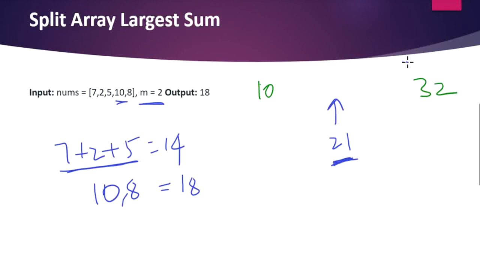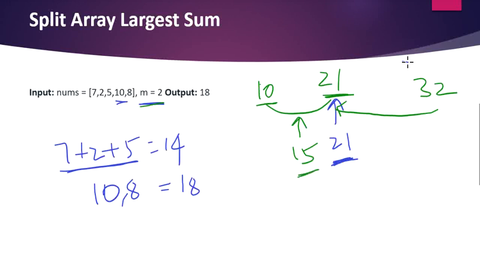So in this case, we are going to move our right pointer to this value, and we keep our upper bound as 21 now and the lower bound stays the same, and we are going to find a new mid and figure out whether we can split this array with that sum. So now the mid is going to be left plus right by 2, which is 15. So now in this case, we are going to check whether we can split the array into 2 by having